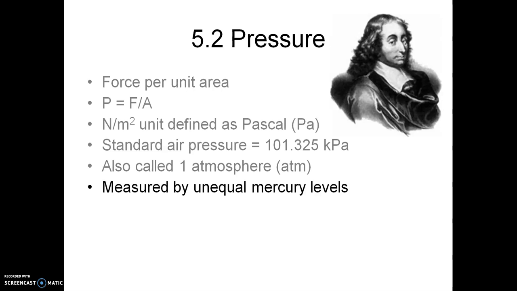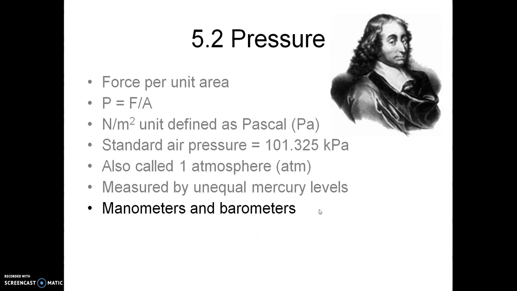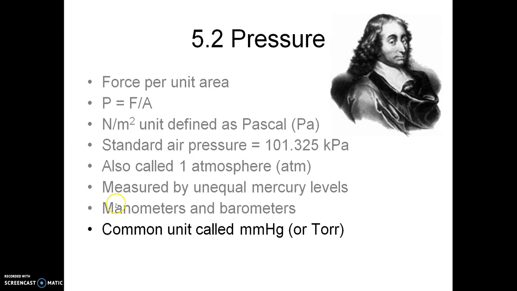And if you have vacuum on one side, so you seal off the tube and suck the air out, the other side, air is pushing down. It's going to push the mercury to unequal levels. And so they can measure the pressure of air by how far it pushes mercury up the tube. And so another unit of pressure that we use, well, don't worry about that. These devices that I'm talking about are called manometers and barometers.